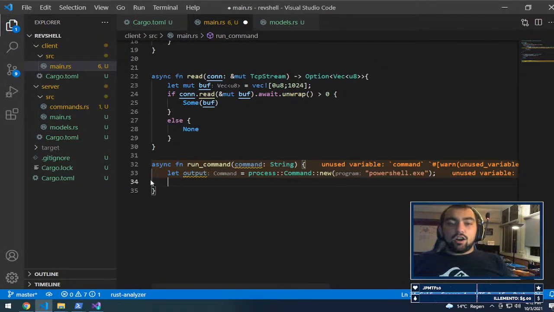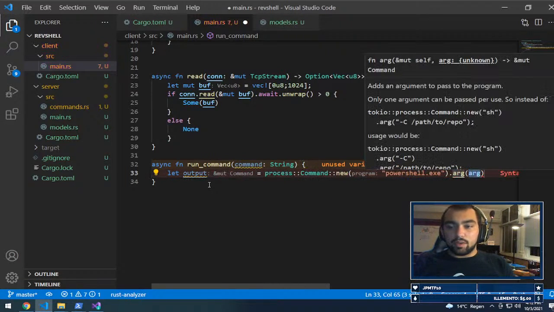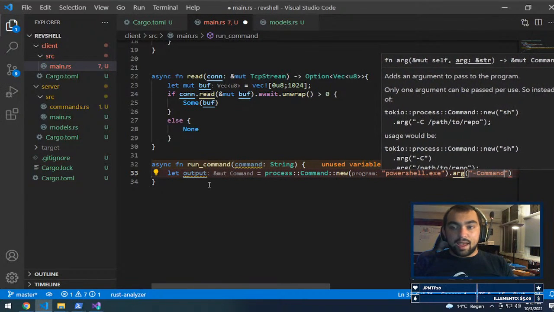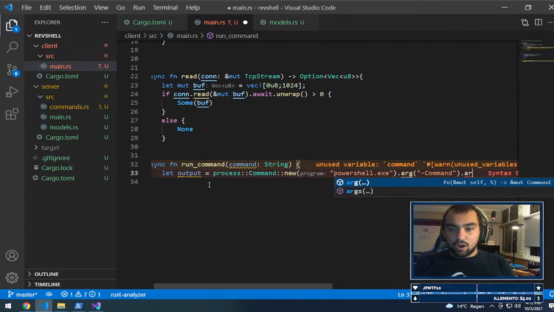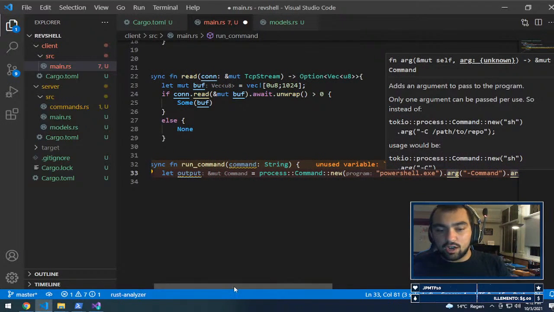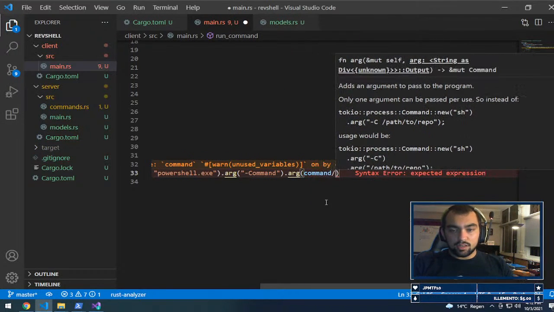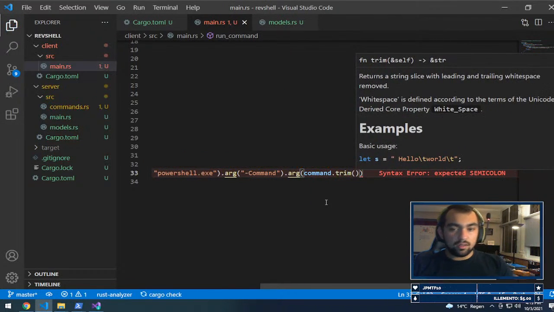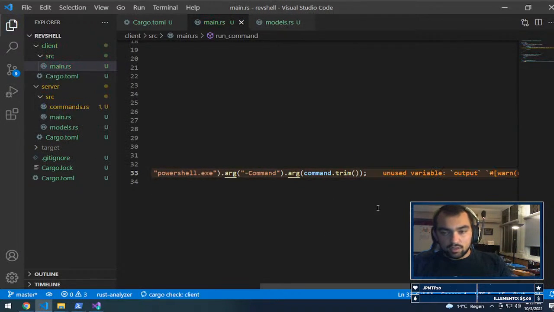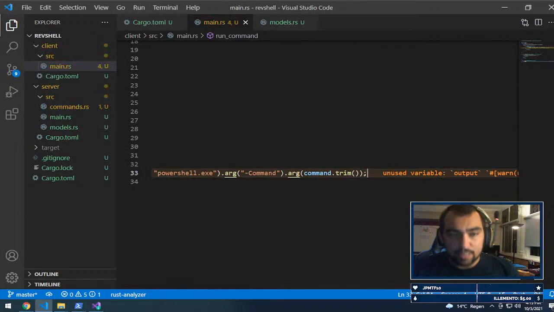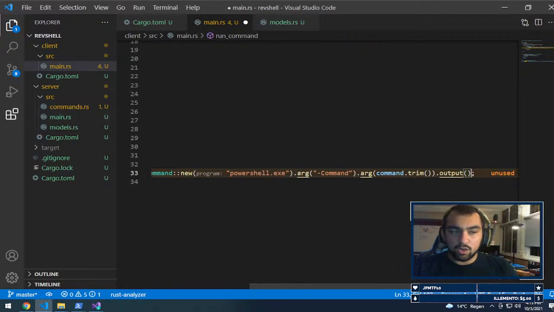So I guess the first argument is going to be command, and then the second argument is going to be our cmd and our command, and I'm going to trim it. I just did a German yeah for some reason. And we want the output, and we want